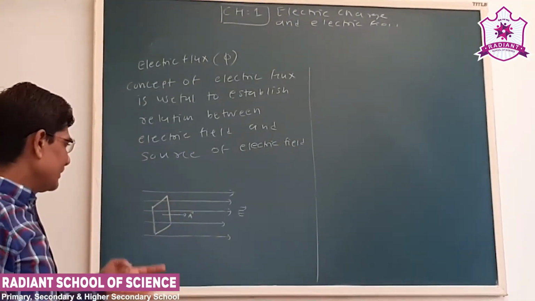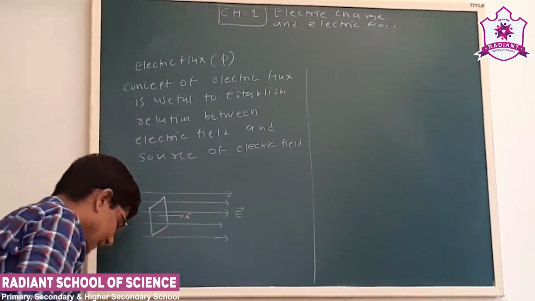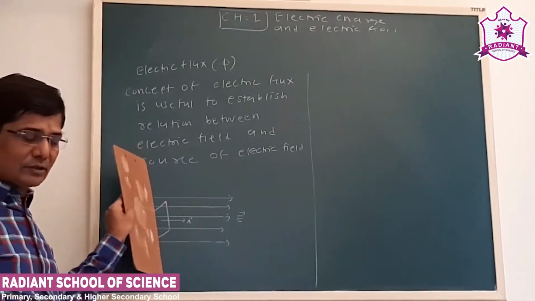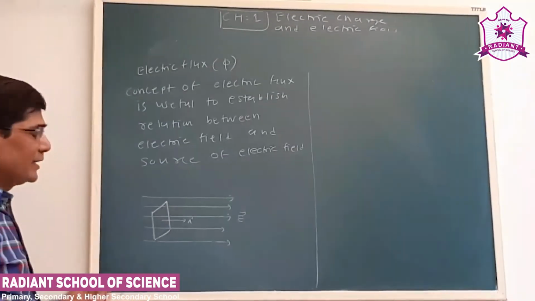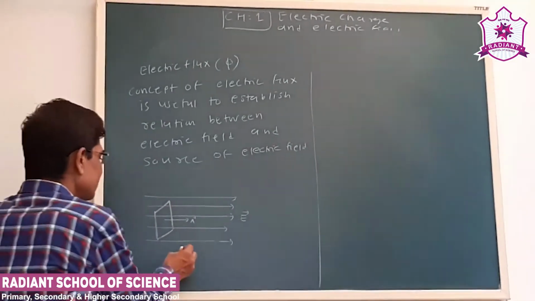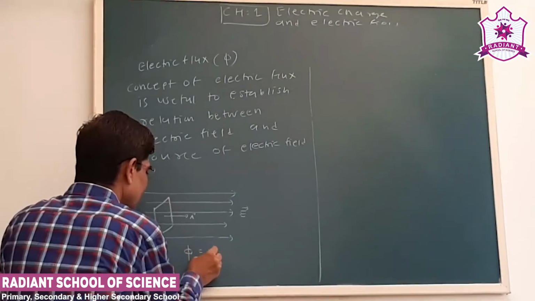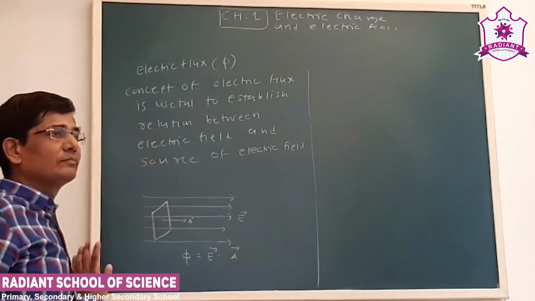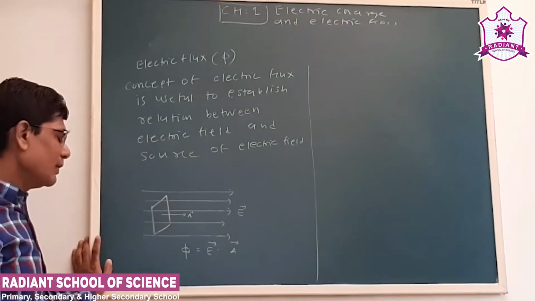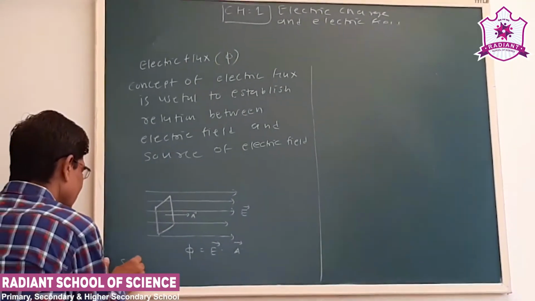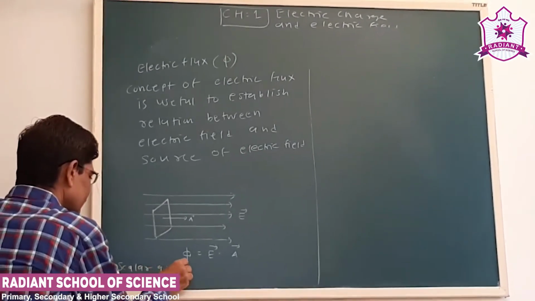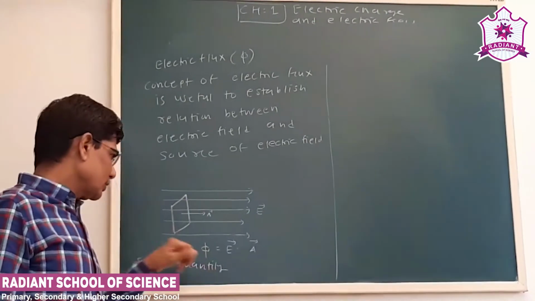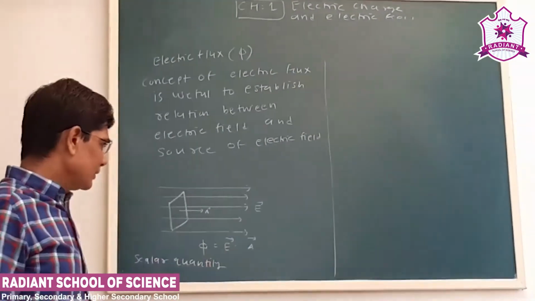Now what we see is that this is a uniform electric field and this is a surface. It cuts the maximum field lines. So in that case, the flux linked with the surface is maximum. So the flux is denoted as phi is E dot delta A or E dot A. Now, flux, remember, is a scalar quantity. Flux is the scalar product of electric field and the area vector. Now, what will be the case?